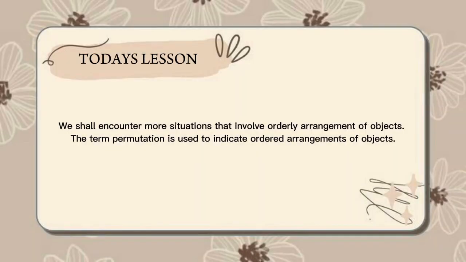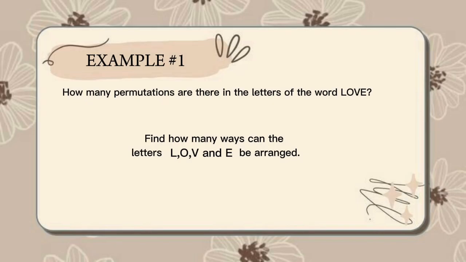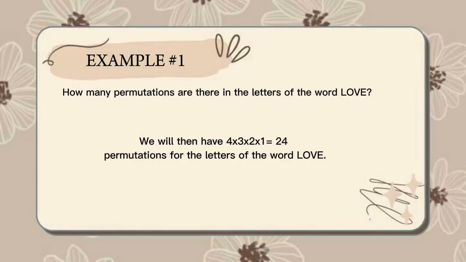In today's lesson, we shall encounter more situations that involve orderly arrangements of objects. The term permutation is used to indicate ordered arrangements of objects. Sample number 1. How many permutations are there in the letters of the word love? Find how many ways the letters L, O, V, and E can be arranged. We will then have 4 times 3 times 2 times 1 equals 24 permutations for the letters of the word